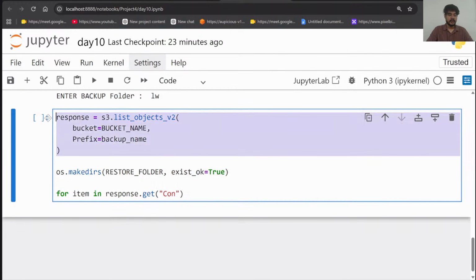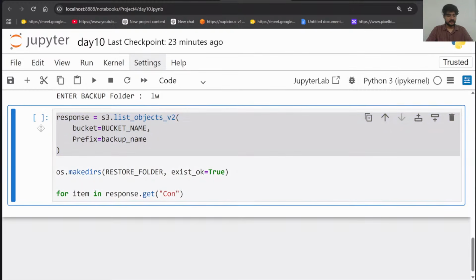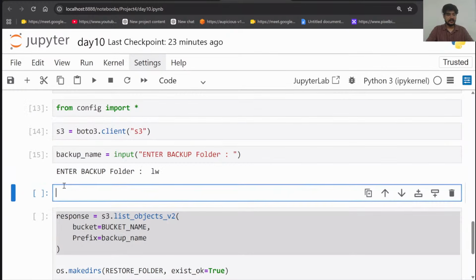Maybe I can run this code. I'm running this code.